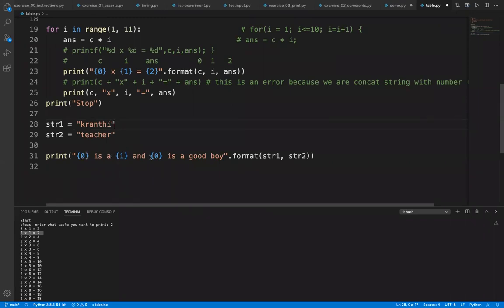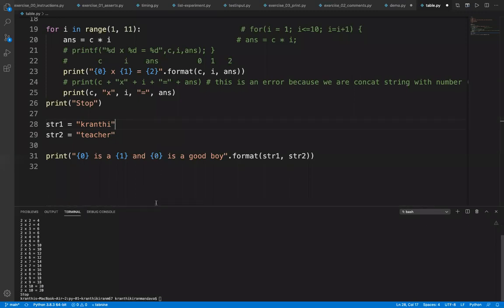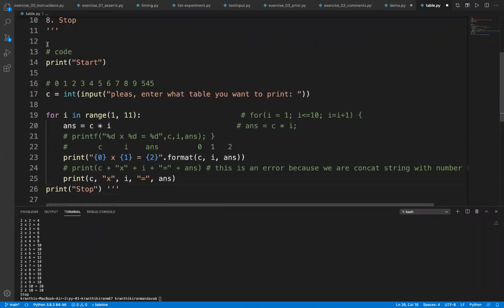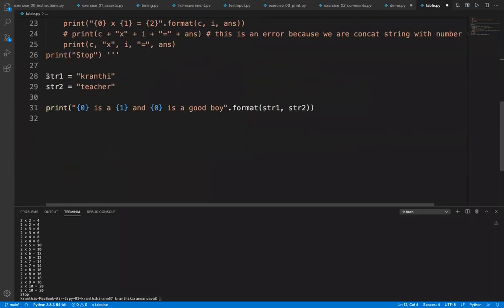So wherever you use 0, that will be replaced. For your benefit, I will also show this so that you will understand. I will put this one into comment. Excuse me, sir. One minute. I will just execute this and.